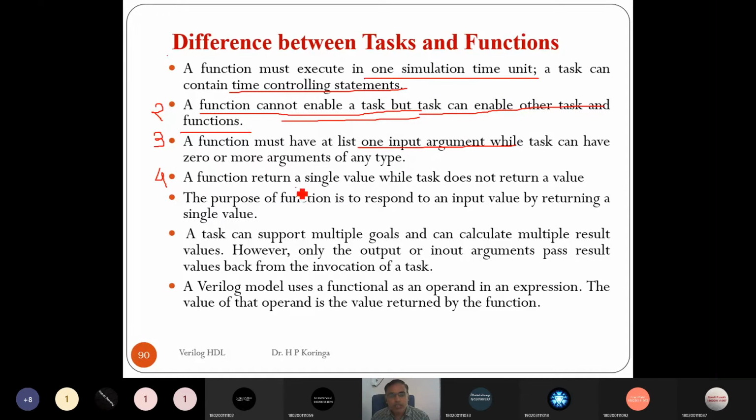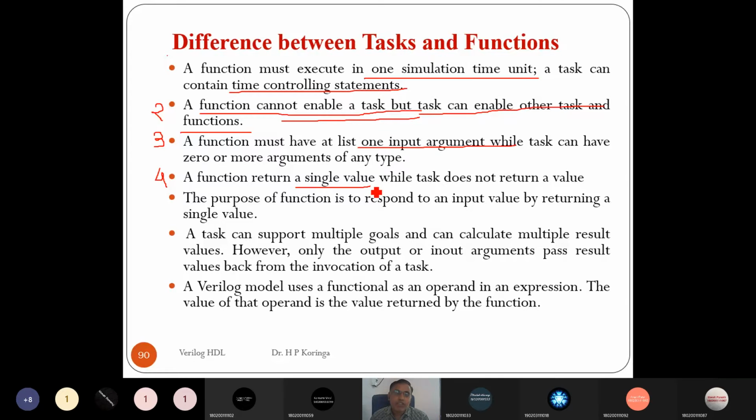A function returns a single value. When the execution of that group of statements inside the function finishes, it comes back to the main program with only a single value, right? While the task does not return any value.